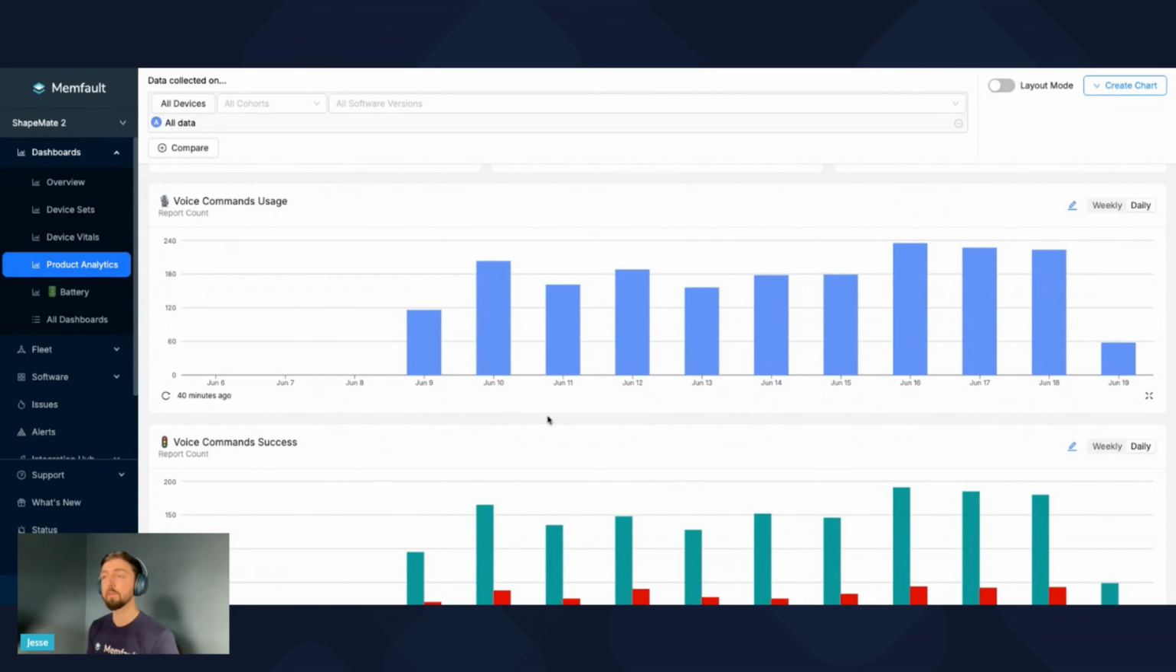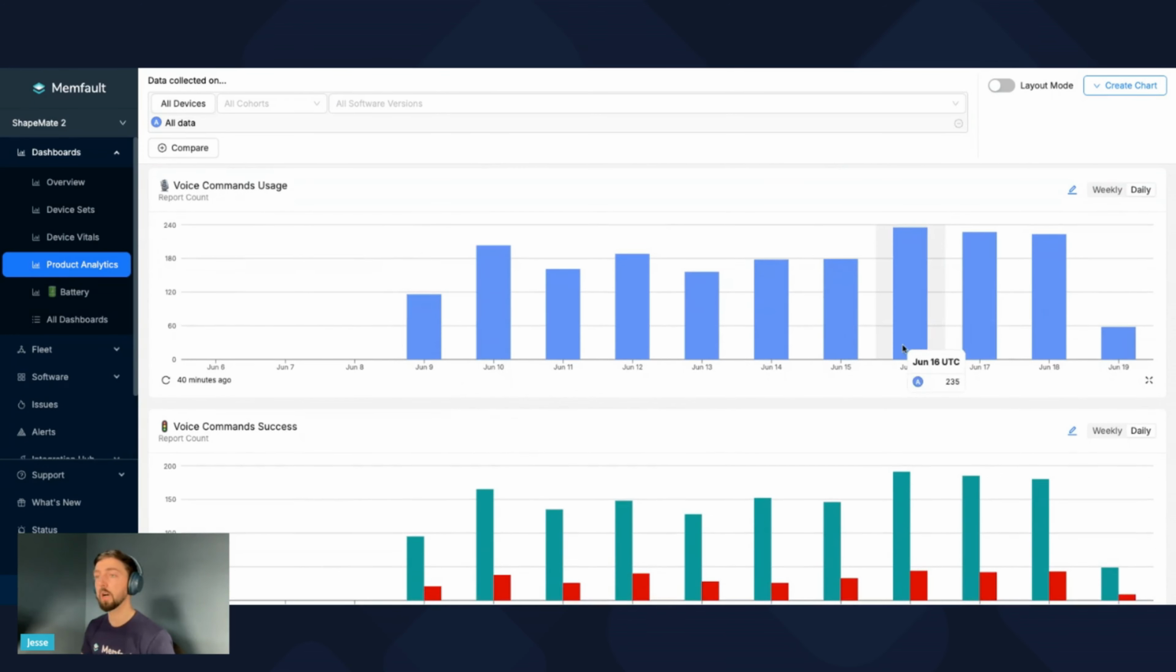So as I mentioned, we have this voice command feature. This is a new feature that we've relatively recently shipped, and we want to see how well it's being adopted. So I can see that firstly, it is being adopted, which is great. And what I'm looking at here is a count of all uses of this voice command feature. I can see the trend is up and to the right, which is fantastic. What I'm looking at here is just a straight up report count. So this just tells me the instances